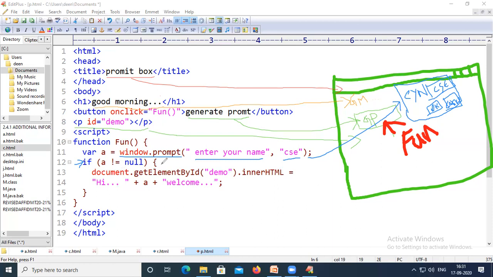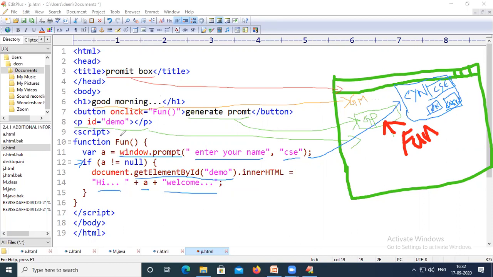So if it is not null, it will get the element whose ID is demo, and in place of demo, it will display hi. For example, if A is CSE, hi CSE, welcome.